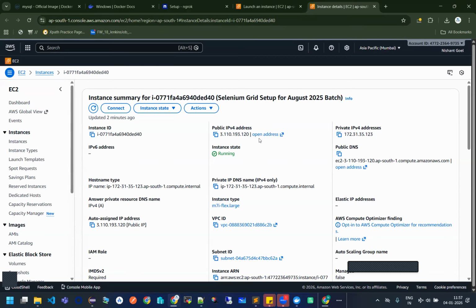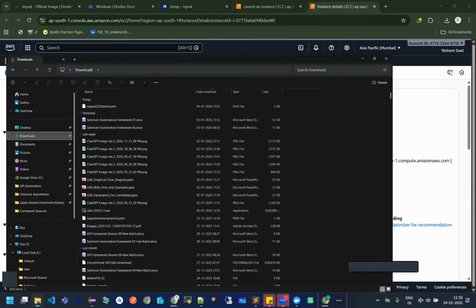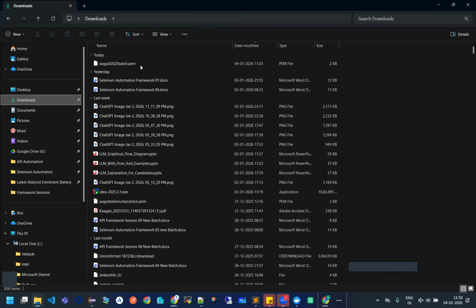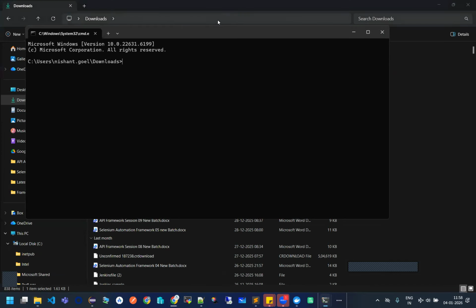Okay. So the machine is now up and running already in the Mumbai region. Now let us try to log in to this machine. How to log in? So guys, directly I cannot open this address right now. I have to create one connection with this machine because obviously this machine is somewhere in the Mumbai region. Now I cannot open directly to it. I have to create one connection. How? See this. Go to your downloads folder, wherever your files got downloaded, this August 2025 batch.pem file. From here, open the command